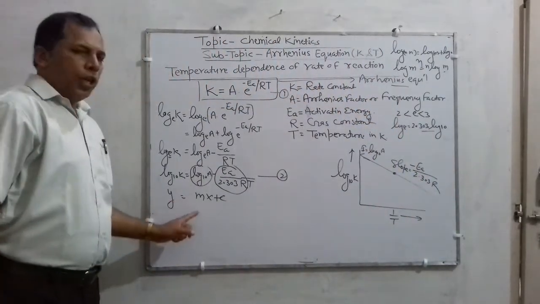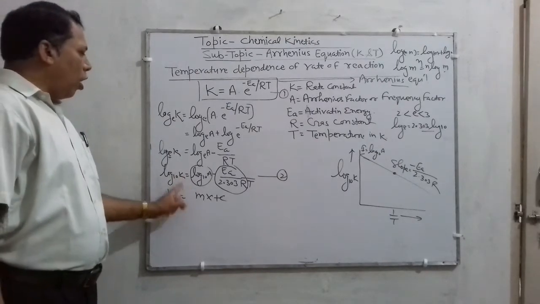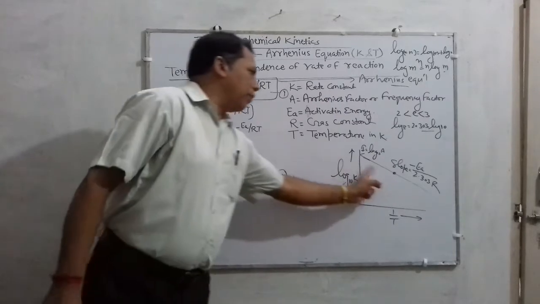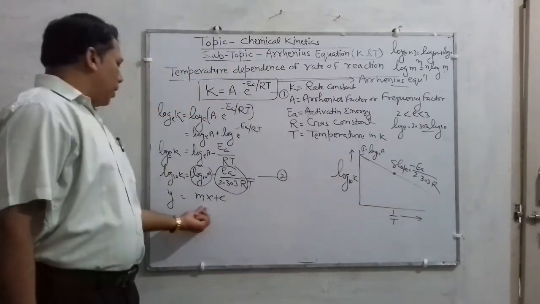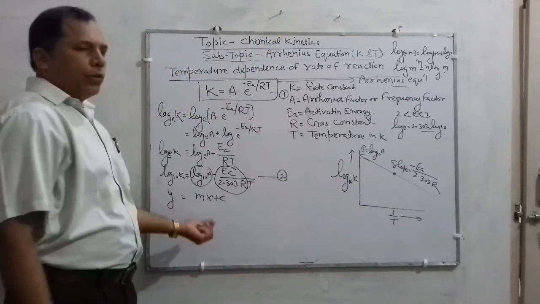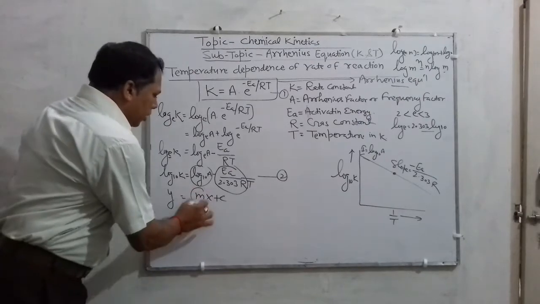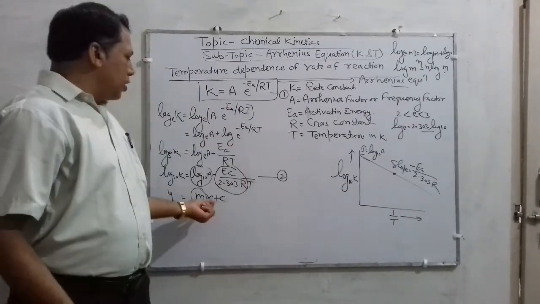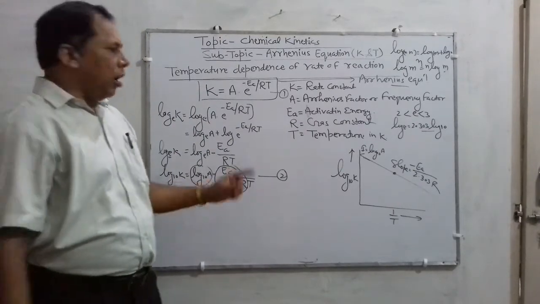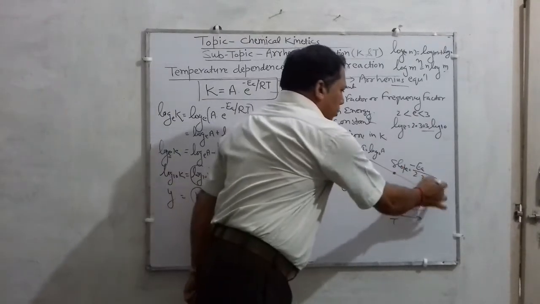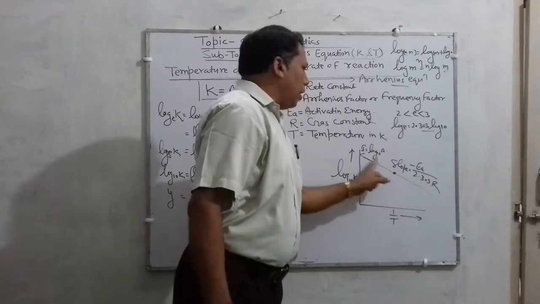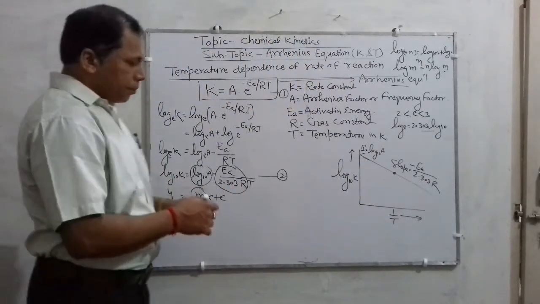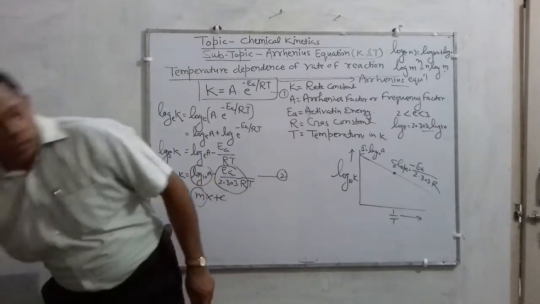Alright, it means if you plot this log 10 k versus 1 upon T, a straight line will come, in which according to the formula of a straight line y is equal to mx plus c, where m is the slope, or gradient, that is called tan theta, its value is minus E_a upon 2.303 R, and the intercept will be log 10 A. Okay, so let